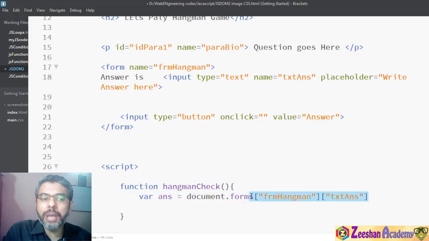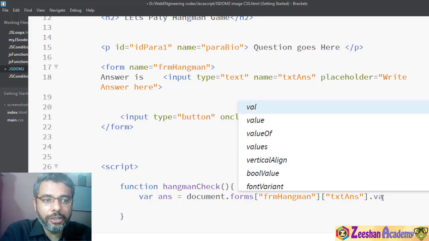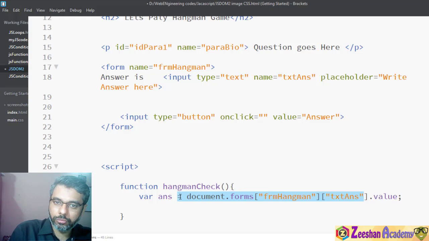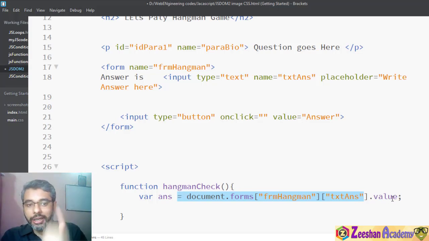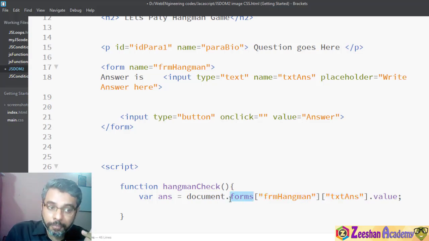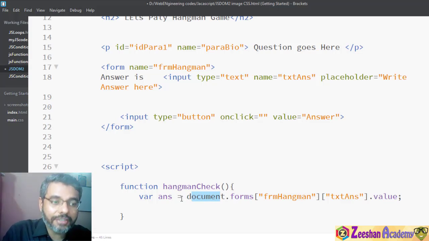So this is behaving like a two-dimensional or multi-dimensional array, in other words. Form and field within a form that is inside the document. Then inside this we say, for example, dot value, because this is a text field, so it will have something called a value. This means read the value of a text field which is inside a hangman form, which is a form tag inside a document. Again, a hierarchy we are following. Read a value of a text field which belongs to a form hangman, which is a form inside a document. So following a hierarchy, and then save it inside a value.